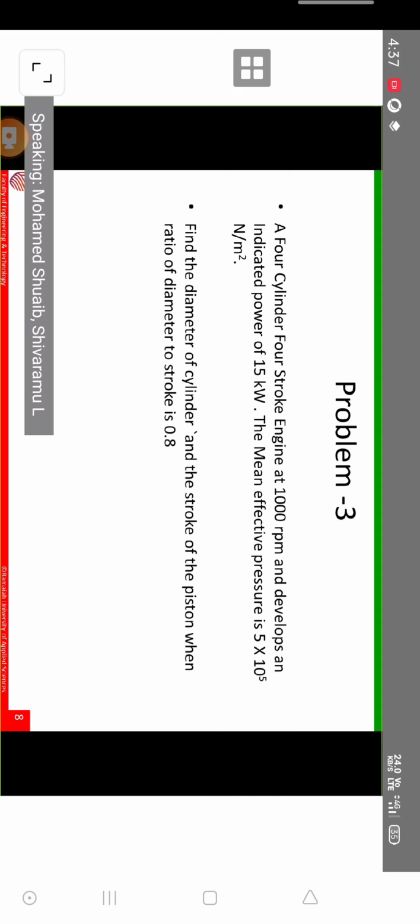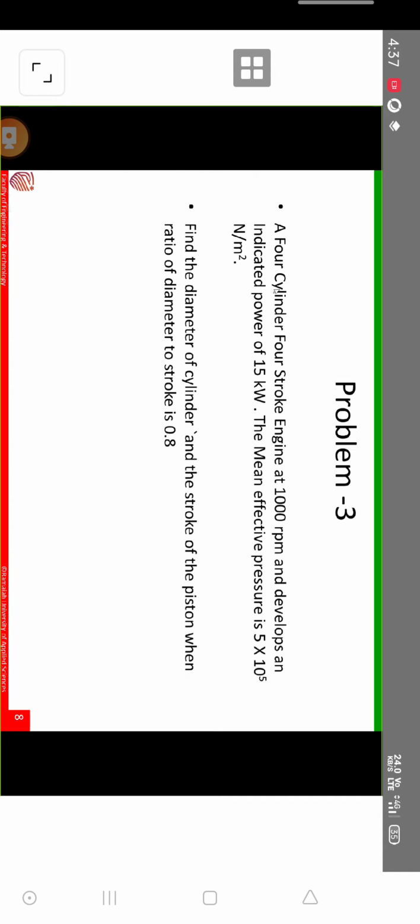Yes, sir. A 4-cylinder, 4-stroke engine. See, if you observe here, whenever you read the problem, they have mentioned 4-cylinder. That means K value will become 4, and 4-stroke engine means N value will become N by 2 whenever you are calculating IP, that is indicated power. That is for a 4-stroke engine. So whenever you read the question, please write down immediately N is equal to N by 2 for IP, so then you will not forget whenever you are substituting.